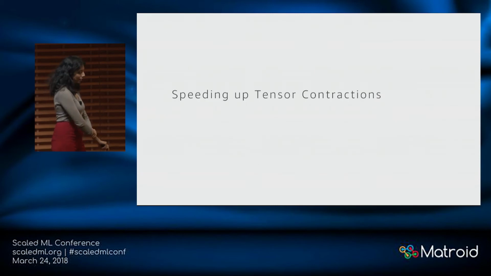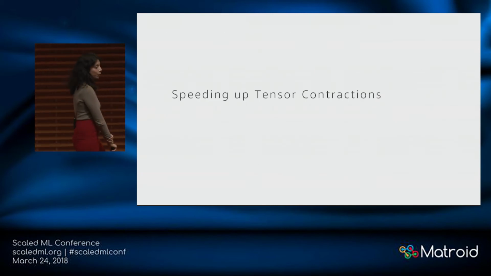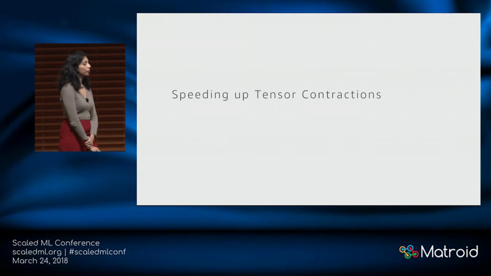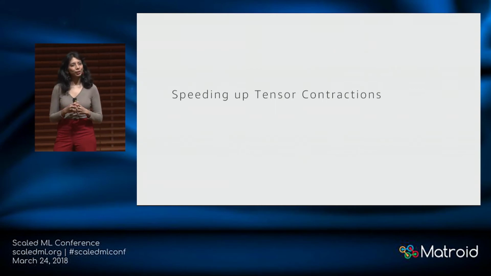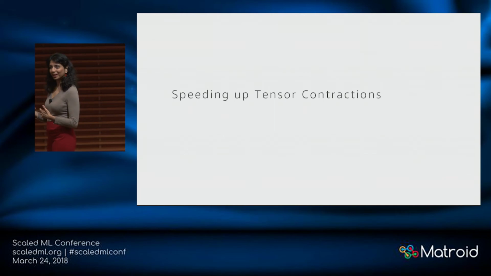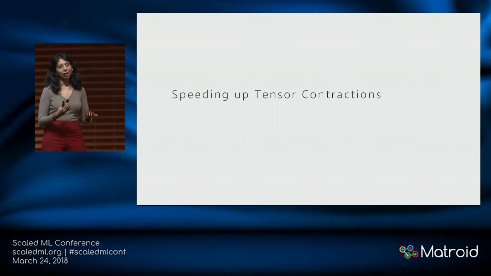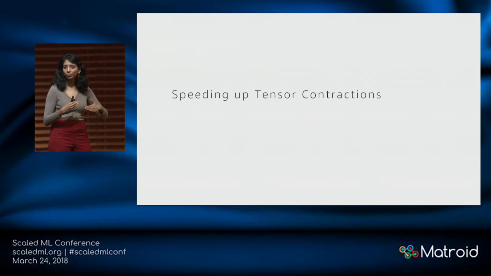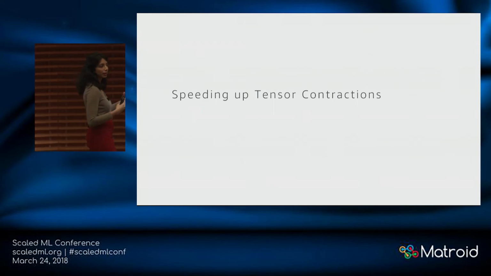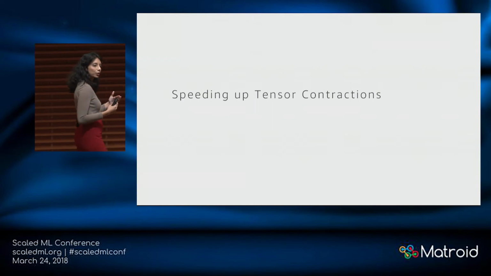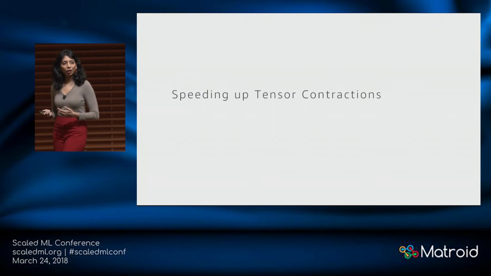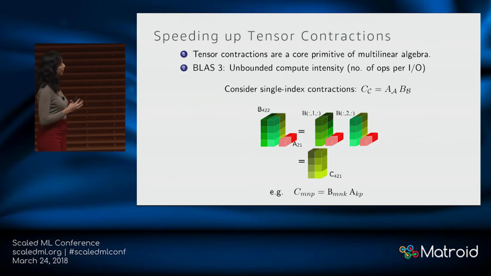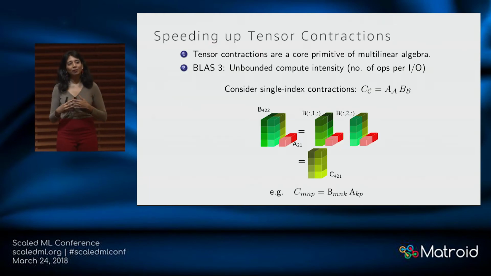So we explored other aspects of what we can do with tensors, right? The idea is matrix operations have been very highly optimized on different hardware platforms. There is the notion of BLAS of different levels, right? There's BLAS1 for vector-vector operations, BLAS2 for matrix-vector operations, and BLAS3 for matrix-matrix operations. But now as we go to higher order tensors, in fact, there is a need for even higher BLAS operations.